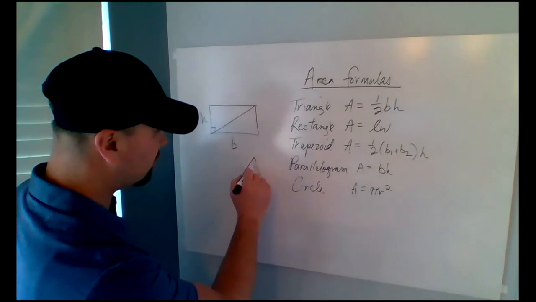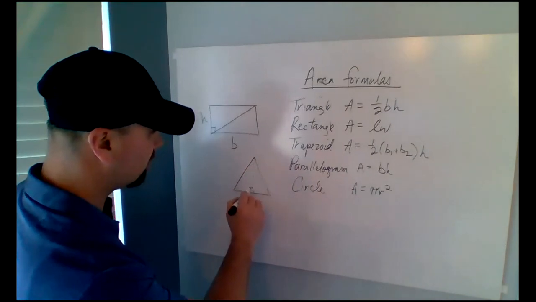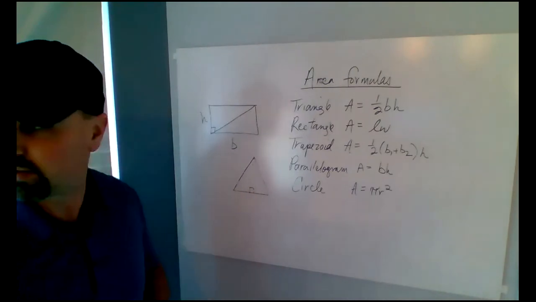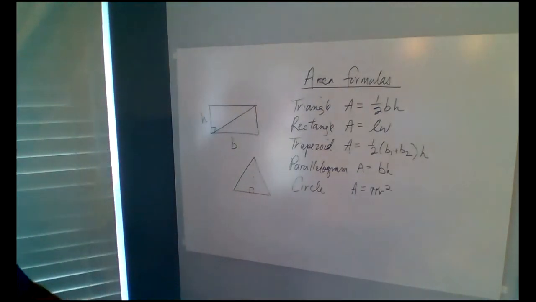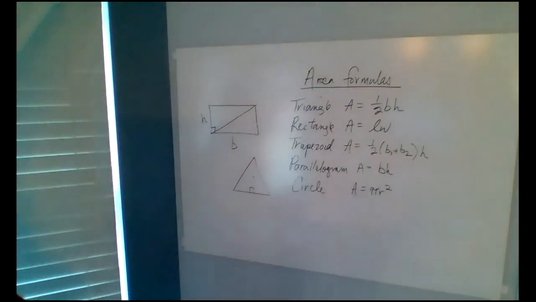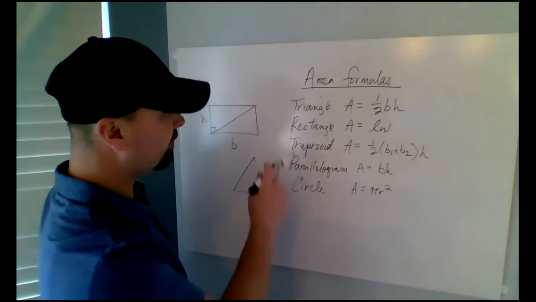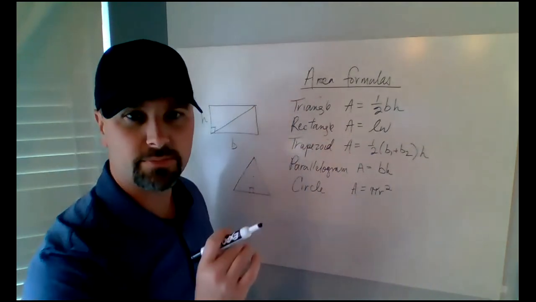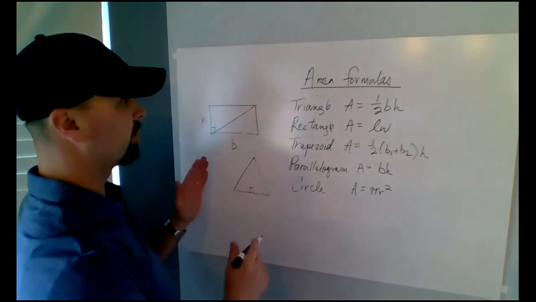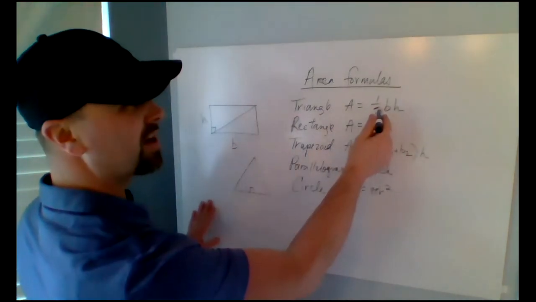The height would have to be shown somewhere in that triangle where they can give you a 90-degree angle, okay? So your base and your height always must hit at 90 degrees. Okay, so triangle area is equal to 1/2 the base